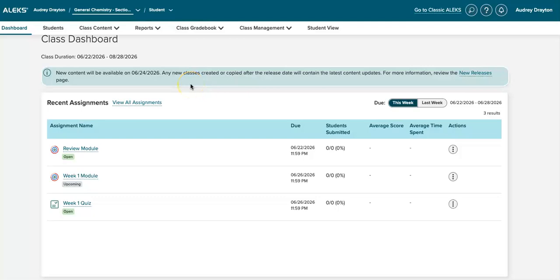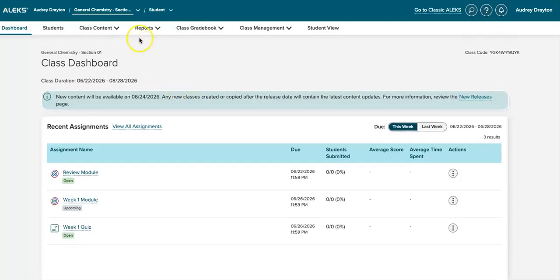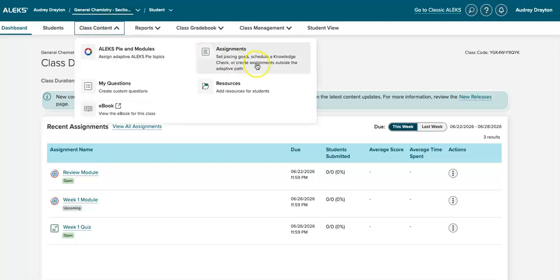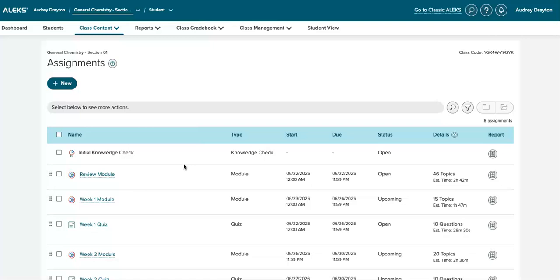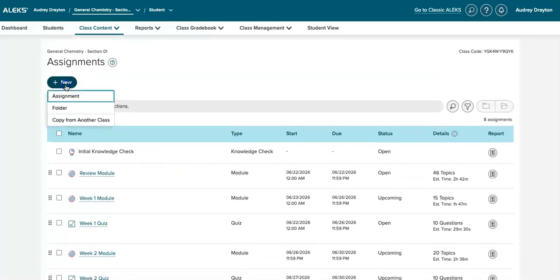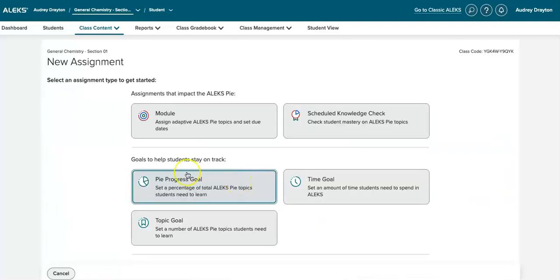To add virtual labs and lab questions into your ALEKS course, you're first going to want to make sure you're clicked into the right section, and then you can select the class content menu and head to the assignments page. On the assignments page, you'll see our list of existing assignments in your course, but you'll want to click the Add New button in the upper left-hand corner and select Assignment from the drop-down menu in order to add a